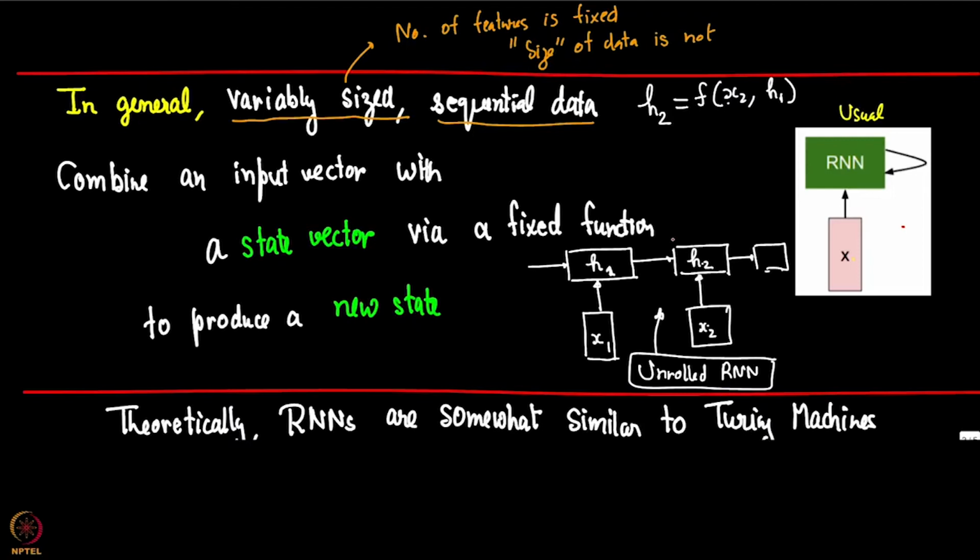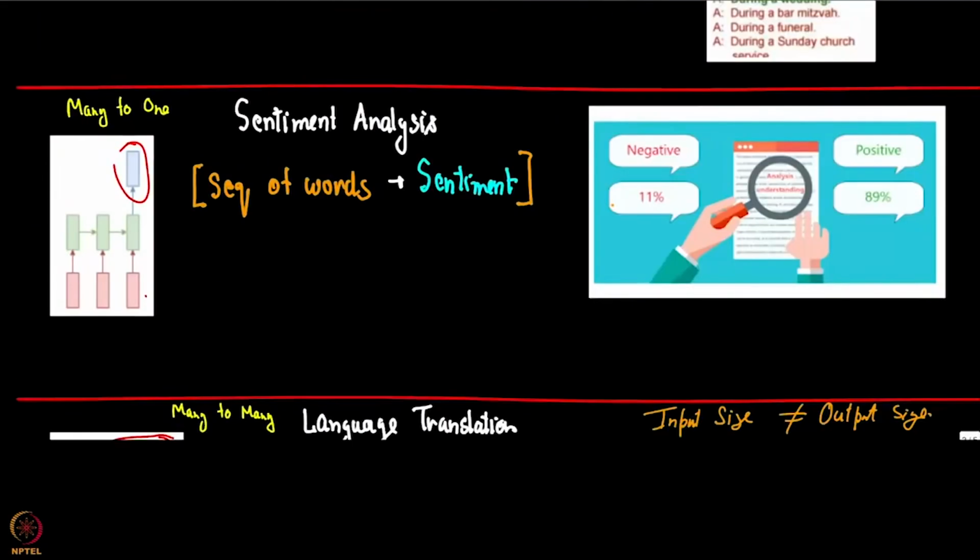So, remember this: you have one hidden vector, it depends on the previous hidden vector as well as the input vector at that particular time. This axis, even though sometimes I will abuse notation and call this number of layers, is actually a stand-in for time. So, as I keep on moving here in all these pictures, you can think about it as if you are moving in time, okay.